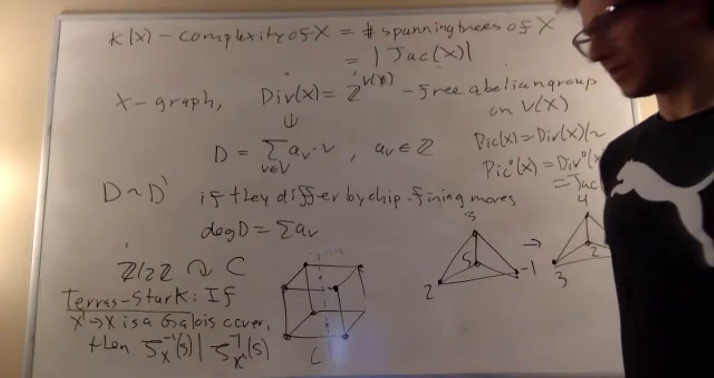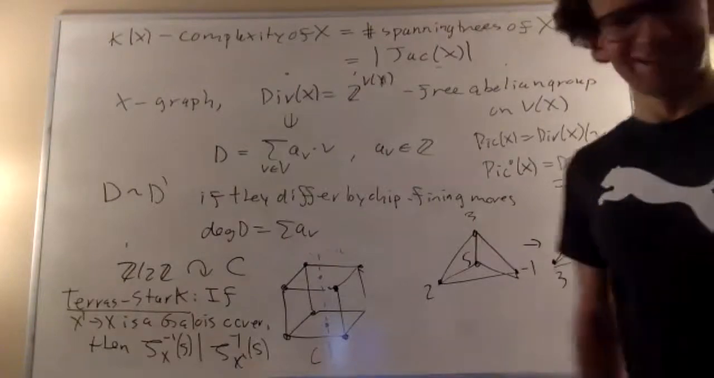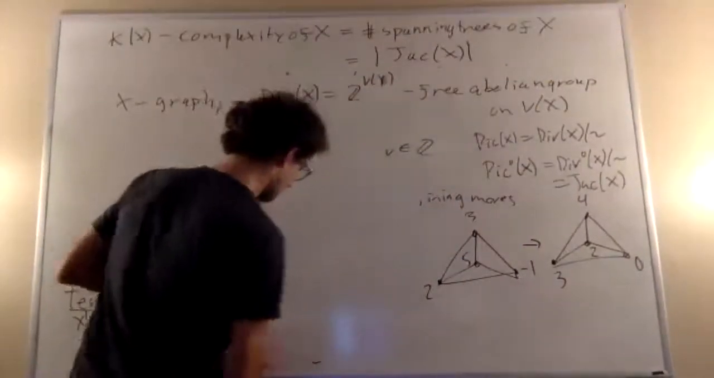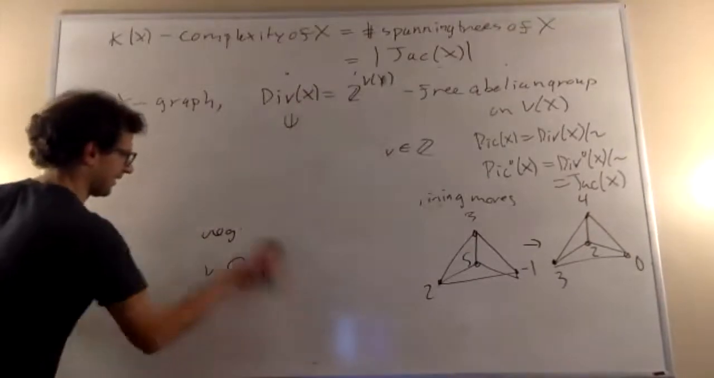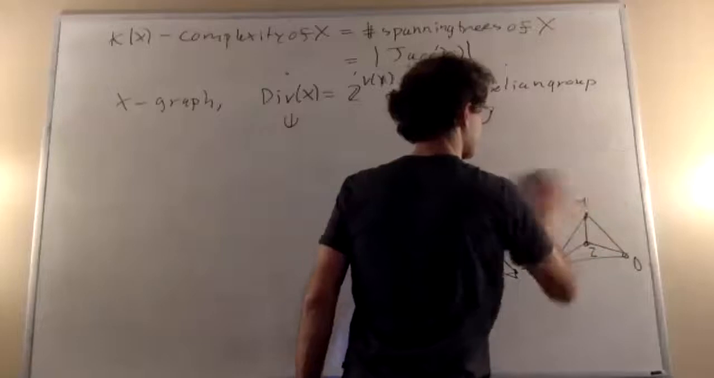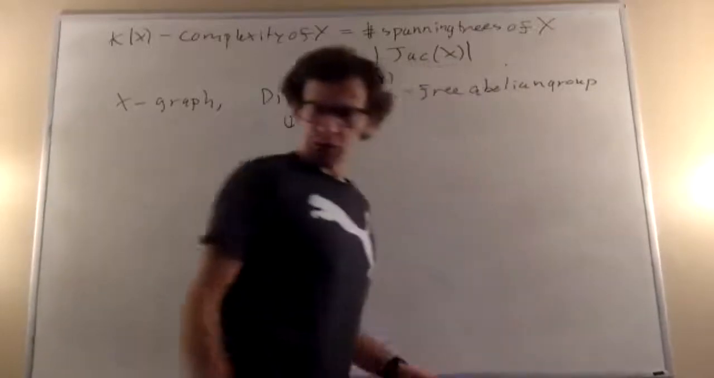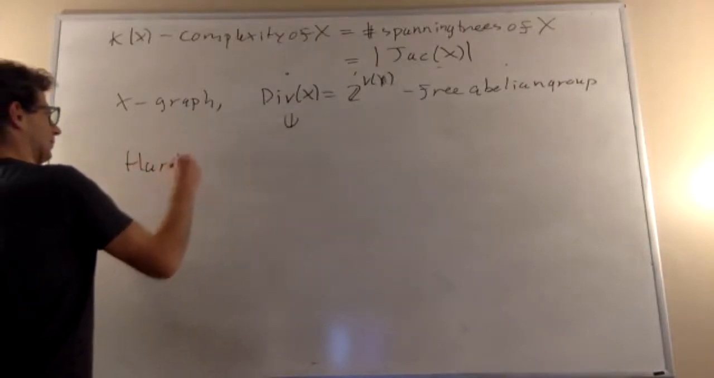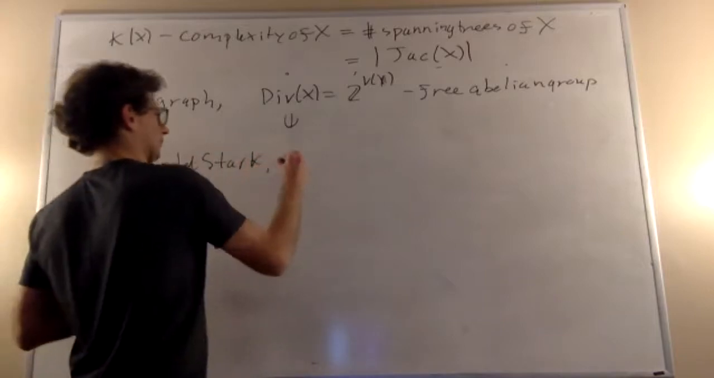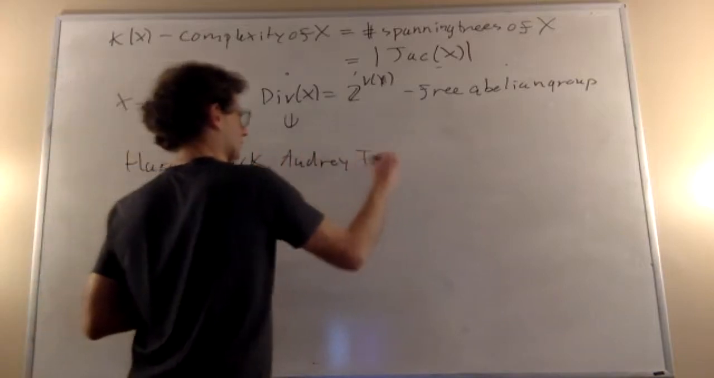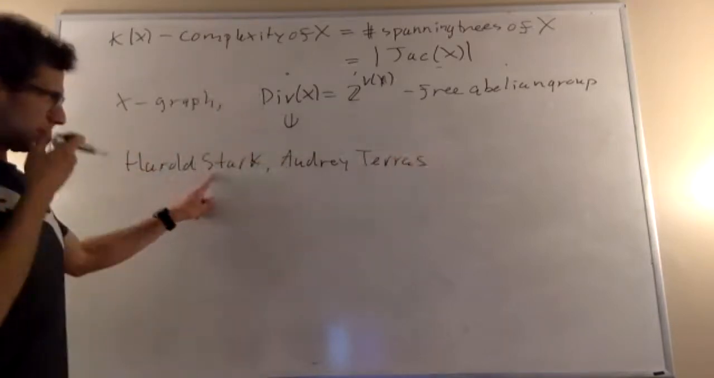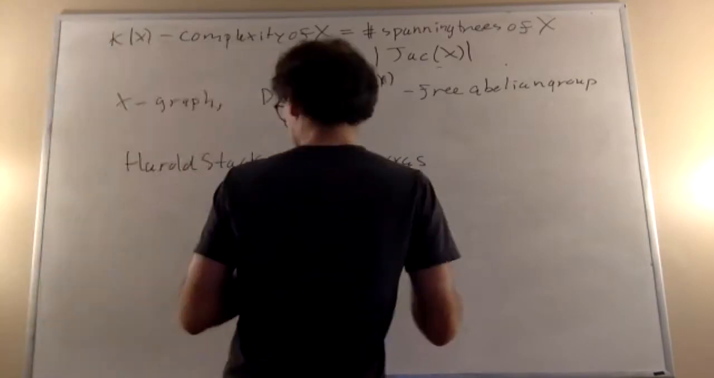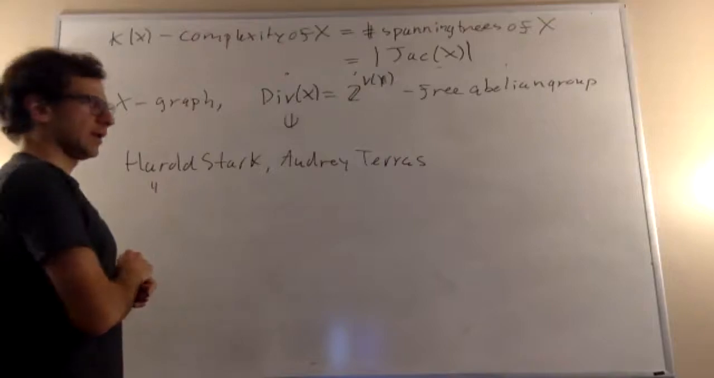Do you have any resources for learning about this? I know Brandon gave you one, but do you have any suggestions? Okay, so are you interested in zeta functions or are you interested in Jacobians? I'm interested in zeta functions. Okay, so for zeta functions, there's a very nice book by Audrey Terras and Harold Stark. This is the same Harold Stark who won the Fields Medal for the class number 1 problem. So it's called something like